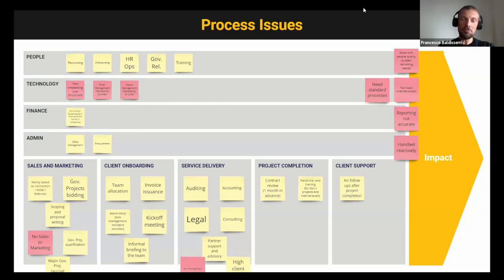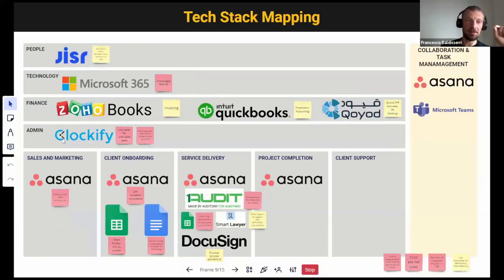So what we do is start from the business problem, and we try to assess what the business problems are. With the same structure, we then look into the technology equivalent. Same company, we map along the same dimension, the same phases of the value chain, which tools are currently used.